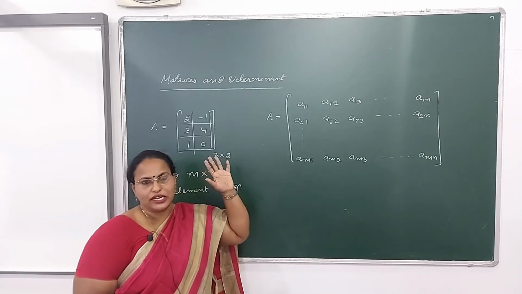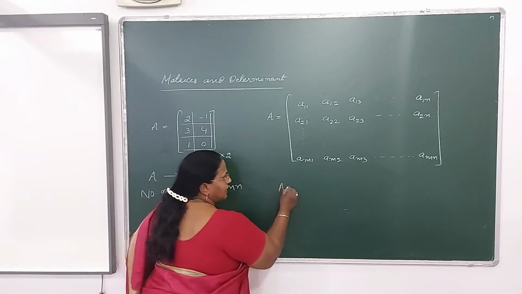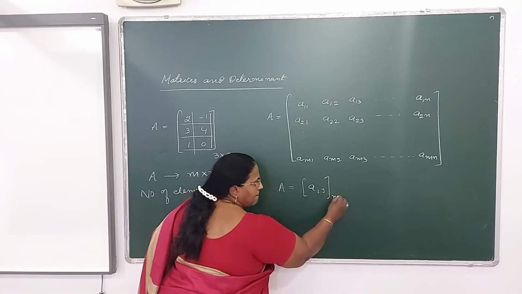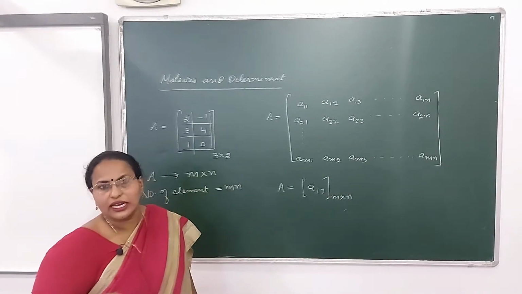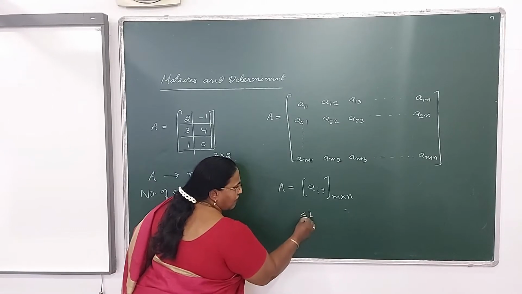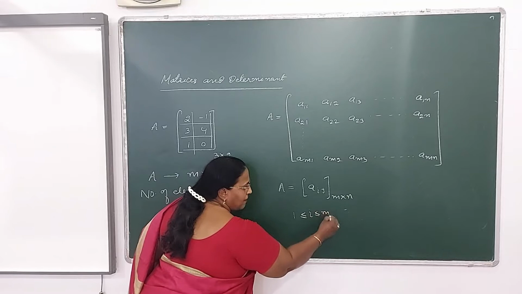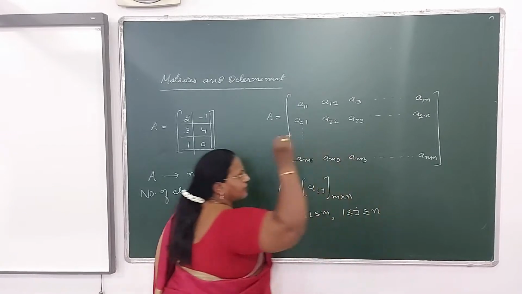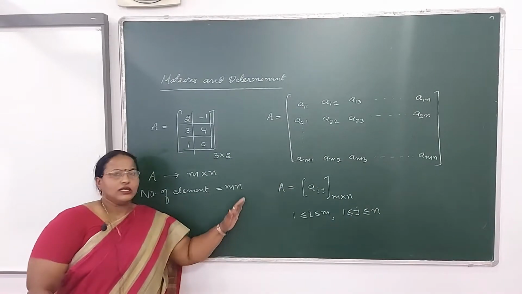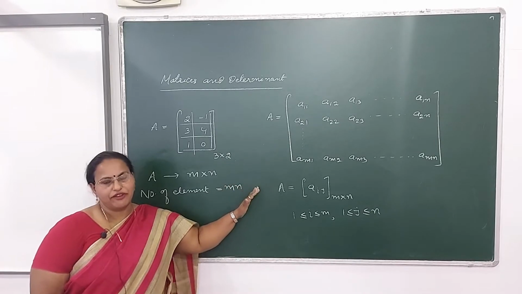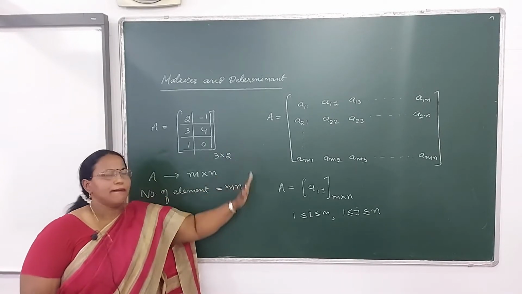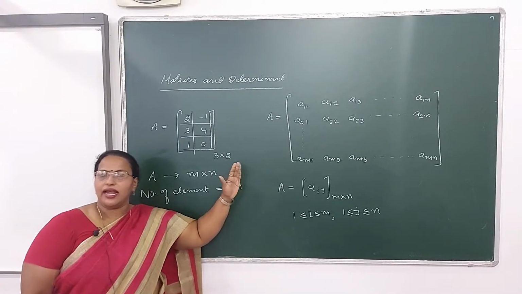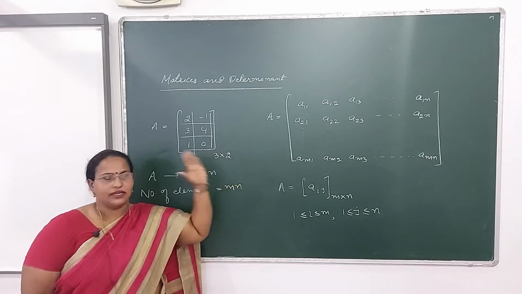Now in short, how to write down this matrix? We can write it in short as A is a matrix [Aij] of order m by n. Now here you have to make it clear what the value of i is. i will be greater than or equal to 1, less than or equal to m. Likewise, j will be greater than or equal to 1, less than or equal to n. So I think, students, these details are clear to everyone. So this is a matrix of order m by n. That means m number of rows are there and n number of columns are there.